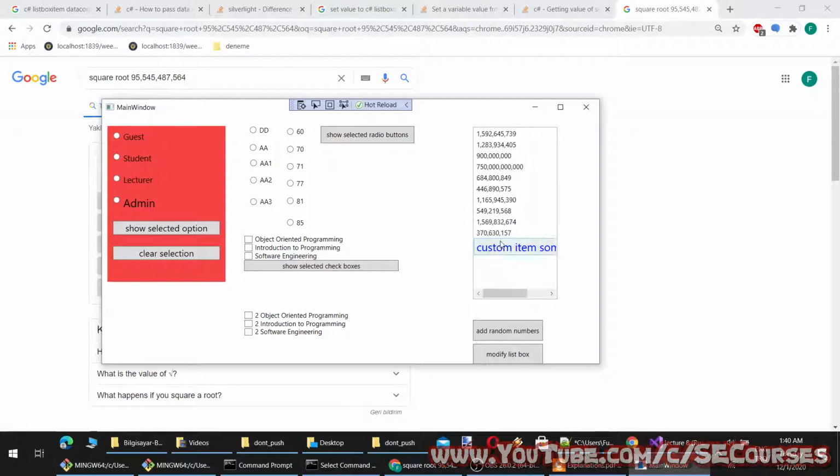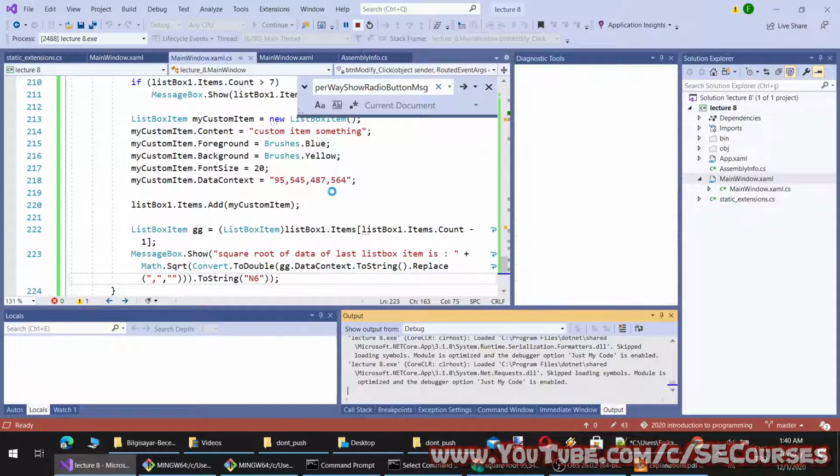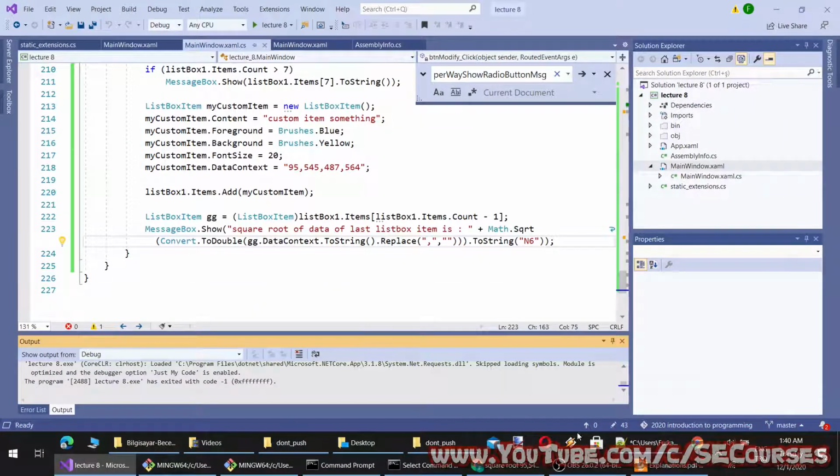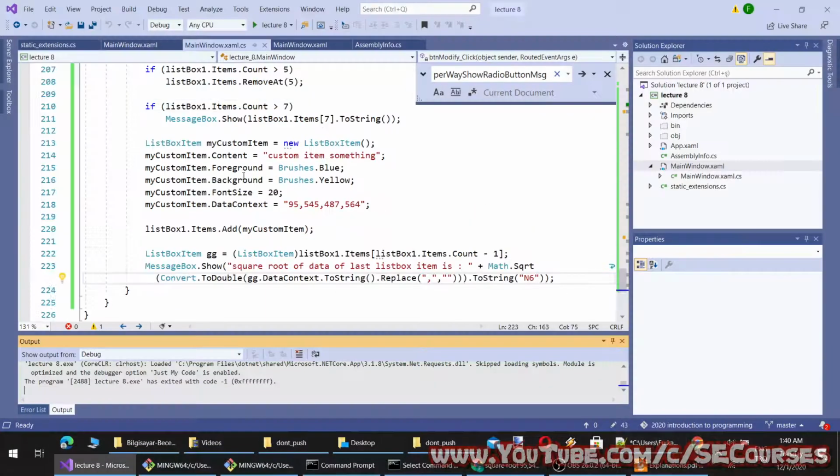Okay, you see I am displaying something different, and I am getting the value of it in the background. It is totally up to me how to use it. Okay, let's continue writing.